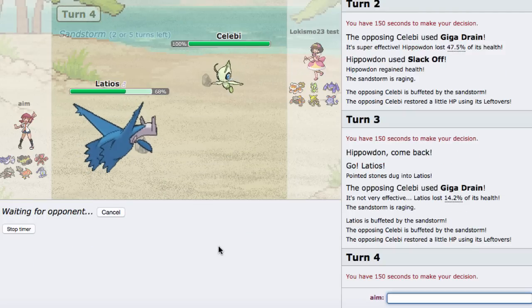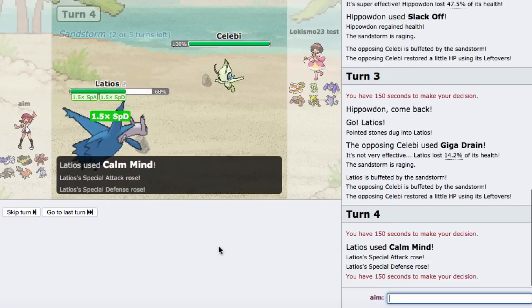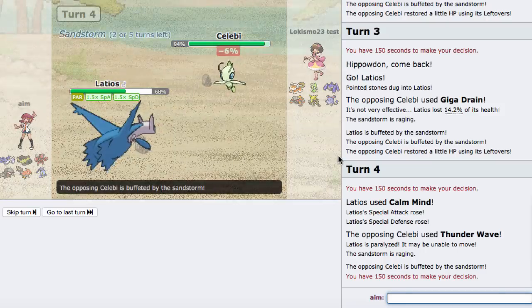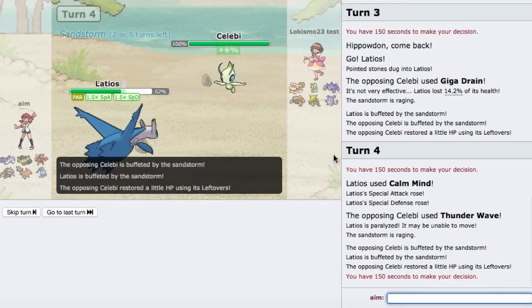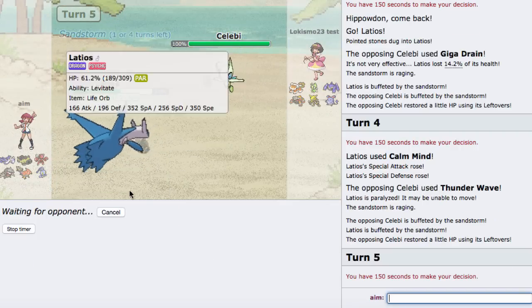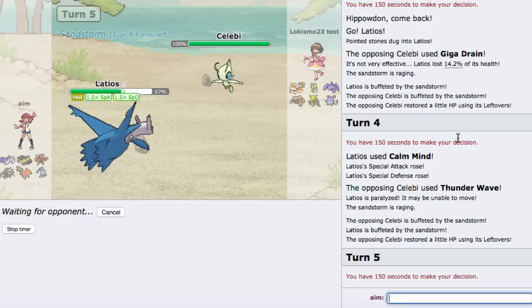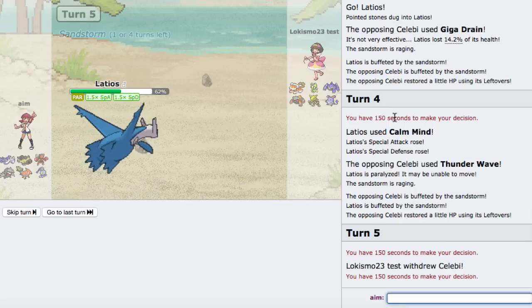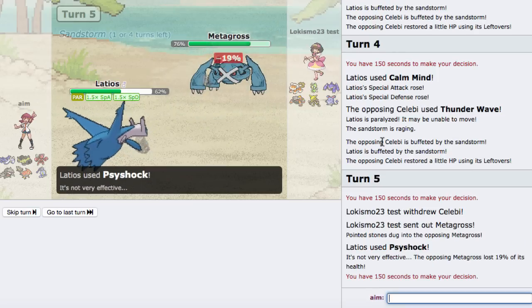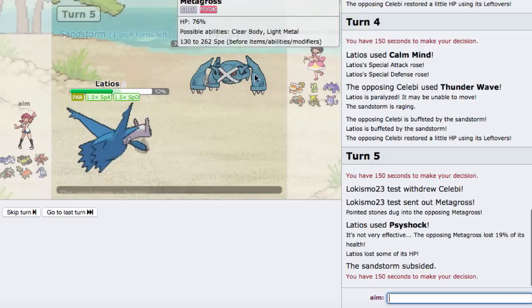But going for this Calm Mind means that I can do a hell of a lot to his Azumarill, as he does reveal the Thunder Wave. That is fine though. I am just gonna fire off a Specs, essentially a Specs Life Orb Surf Shock, as whatever wants to come in is not gonna appreciate this. I don't think he can stay in with Celebi. He actually ends up going out to Metagross. I didn't expect that because I would have been able to do so much damage with